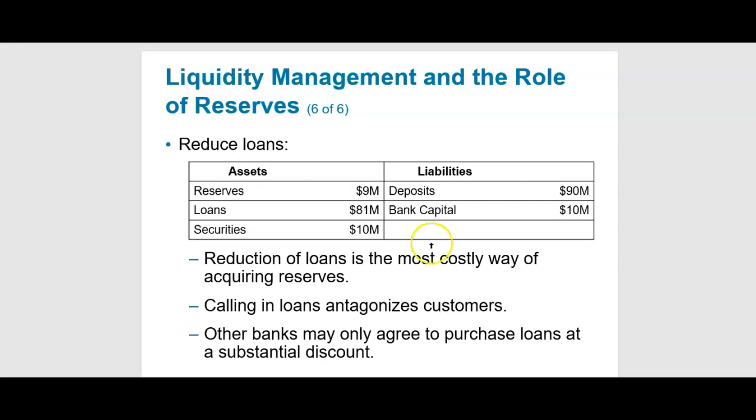Now, we can either bundle and sell, and usually if they sell them, you're going to sell them at a substantial discount. If you're going to call your customers and tell them, look, I have to liquidate this loan that you have, you're going to lose a lot of customers that way. So usually banks try to avoid calling in loans and destroying these parts. I mean, they try as much as they can to sell the loans to other banks or to the secondary market and move on with it. Now, this is the liquidity management part.